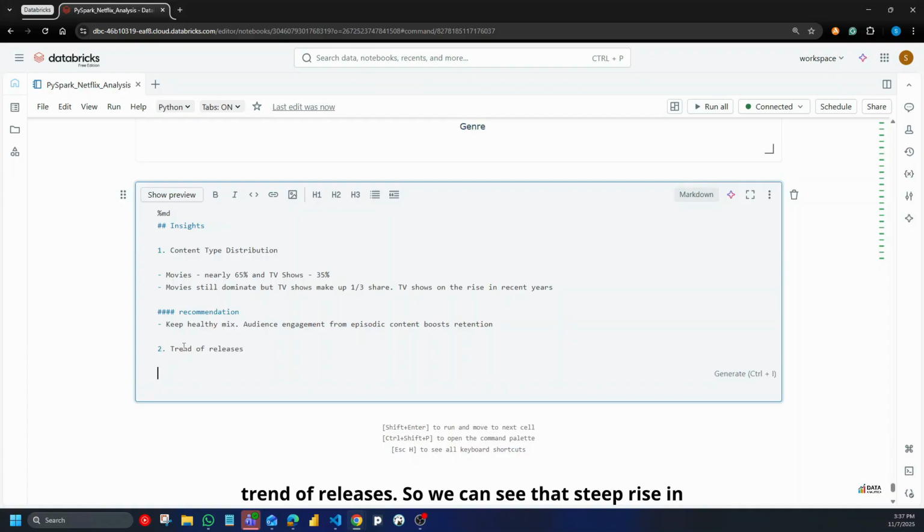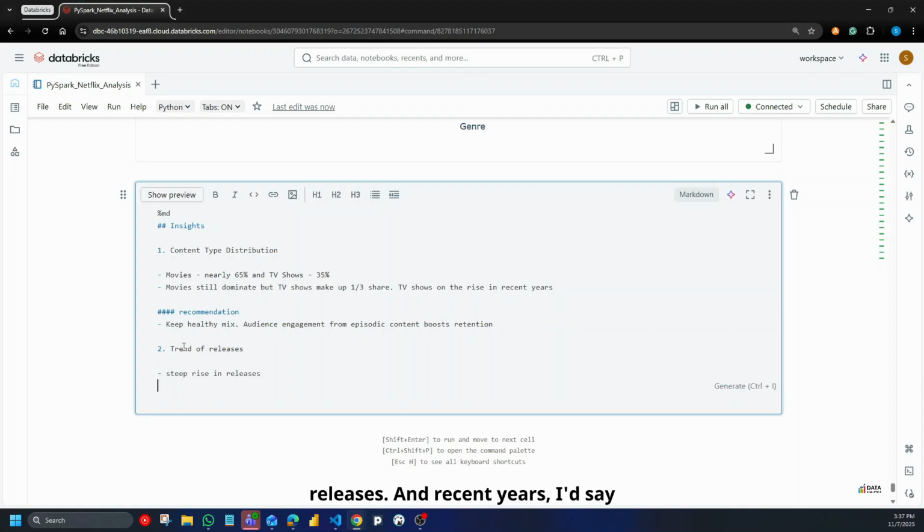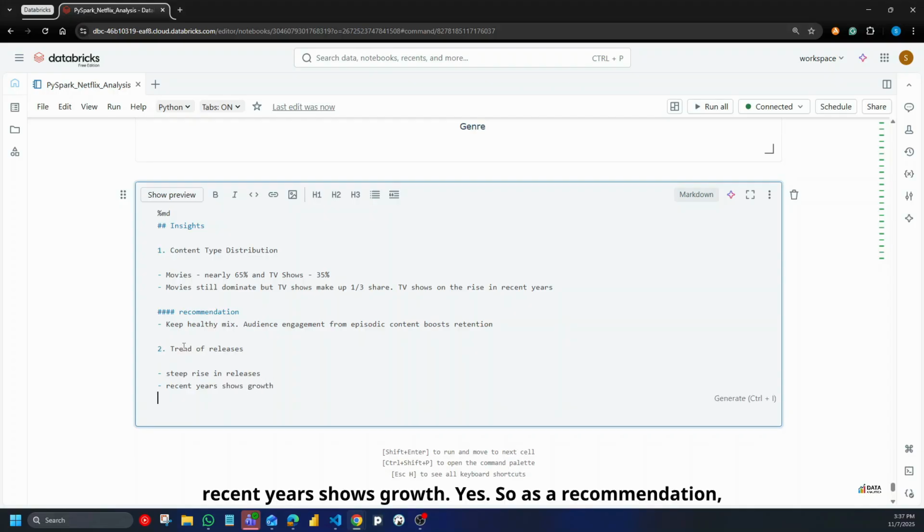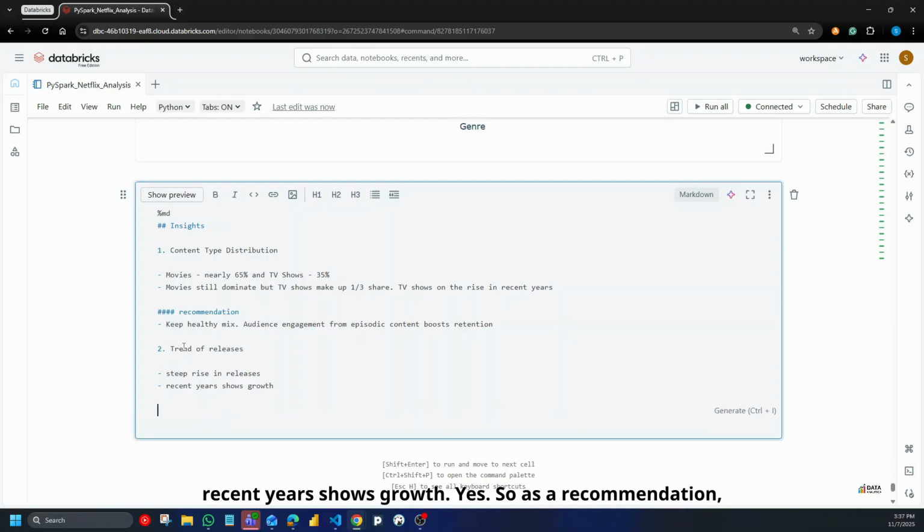So we can see a steep rise in releases. Recent years show growth. Yes. So as a recommendation,